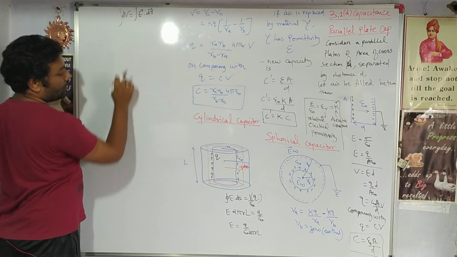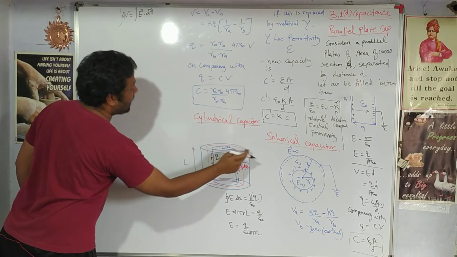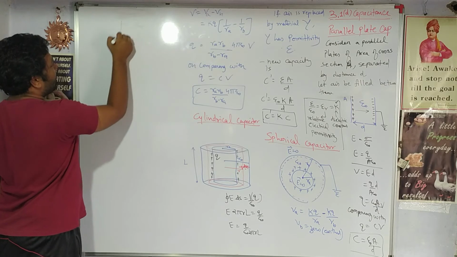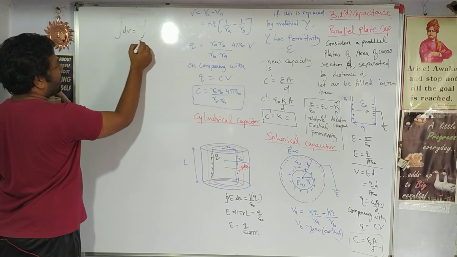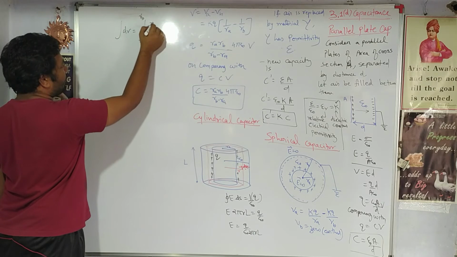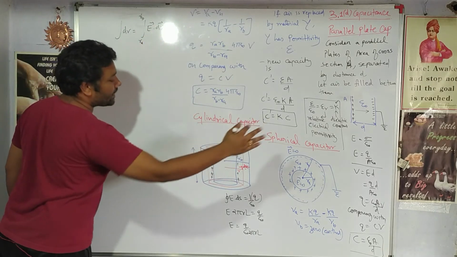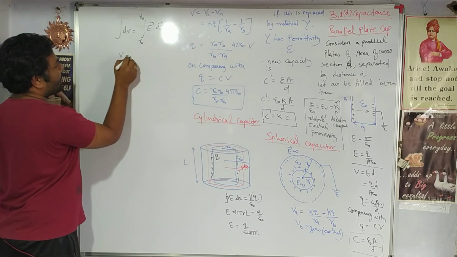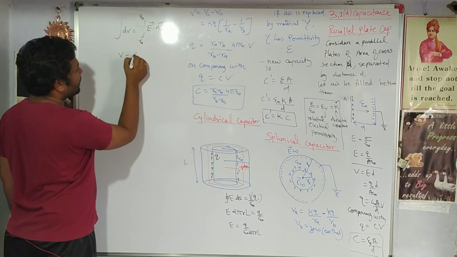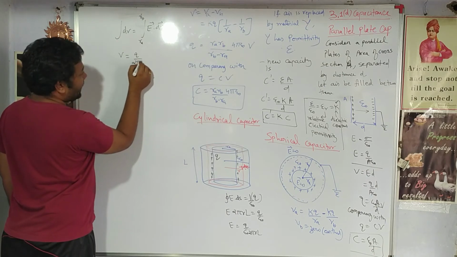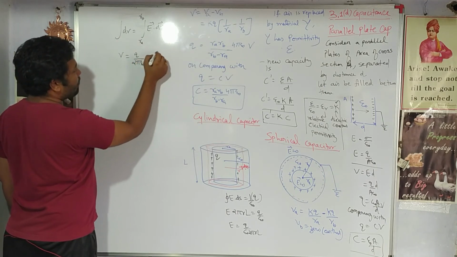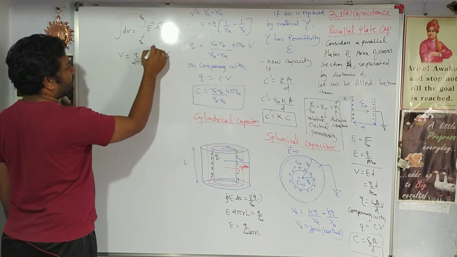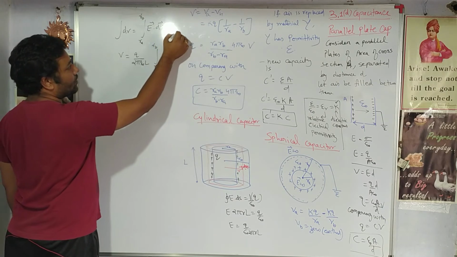Total increase in potential if the distance is increased from RA to RB: dV is the integral from RA to RB of E dot dr. Since electric field is radially outward, and the distance is also outward, this dot product will be cos 0. If I simplify, electric field, its value is Q upon 2 pi epsilon naught L times 1 by R, which will be inside the integration, right? Dot product cos theta is 0.